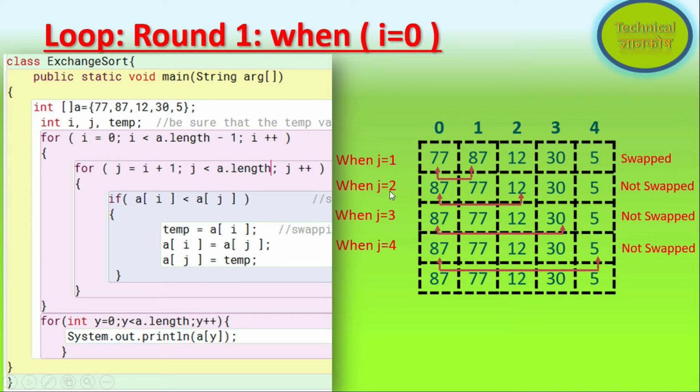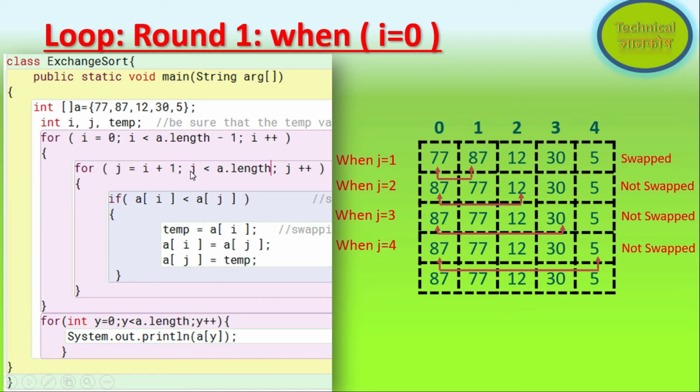So j will be 2. Now again it will check the condition. a of i, meaning 87, is less than a of j, the second position. So it will check both conditions. If the condition is true, it swaps; here the condition is false, so it will not swap the values. It will not execute this code segment.